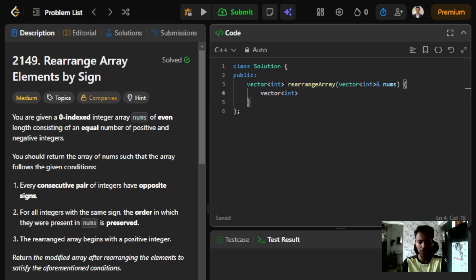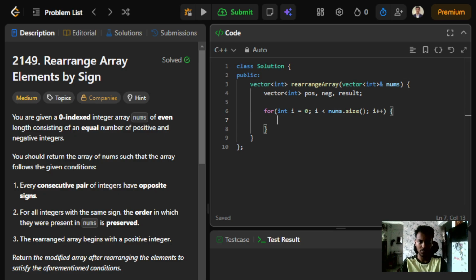We'll create three vectors of integers. One will be positive, one will be negative, and another one will be the result vector. And then I'll iterate with i less than nums dot size, i plus plus. And what we'll do is, if my nums of i is greater than 0,